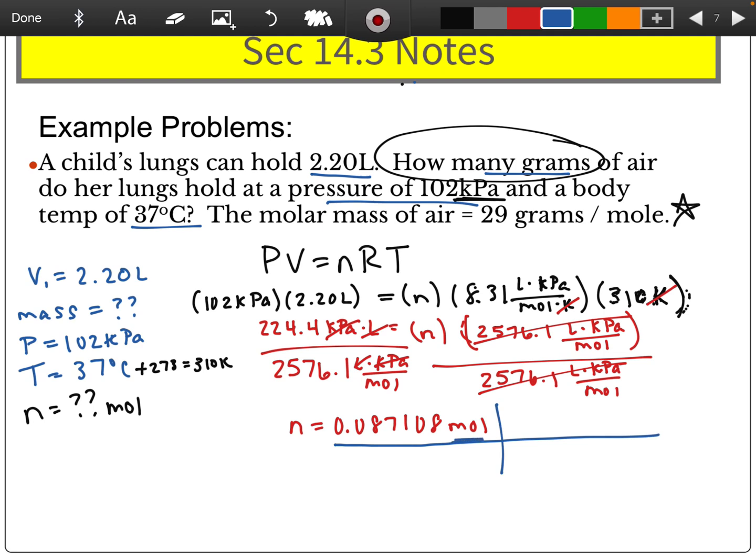So remember, whatever unit you start with on top goes on the bottom of the next step. So we know that in 1 mole, the problem tells us here is the mass. So in 1 mole of this gas, there are 29 grams. So moles cancels out, you're left with grams. So you take that big long answer and multiply it by 29, and you get